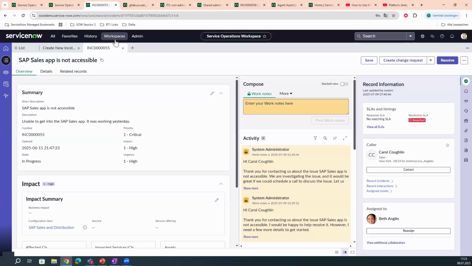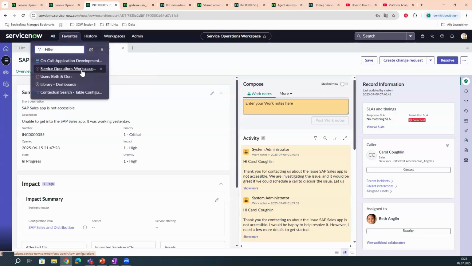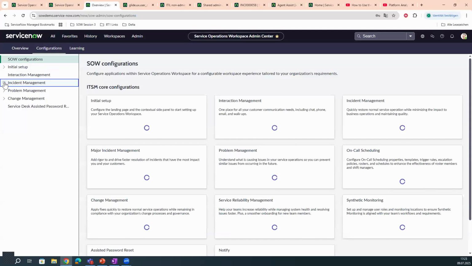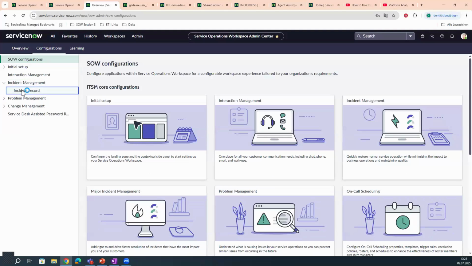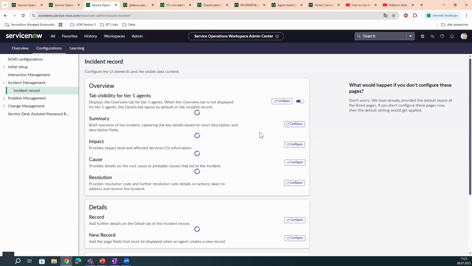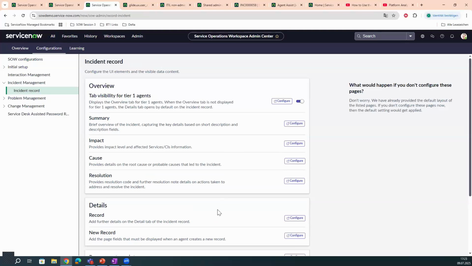It's very straightforward. We just go into Admin Center again, and we go under Incident Management, and we go into Incident Record. And here, we have the different tabs, the Overview tab, the Details tab, and you can configure which fields are shown in each tab. And if you want, you can also hide the visibility for Tier 1 agents, so they can go straight into the Details tab. So here,